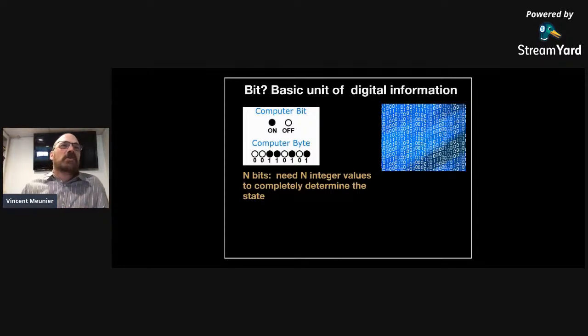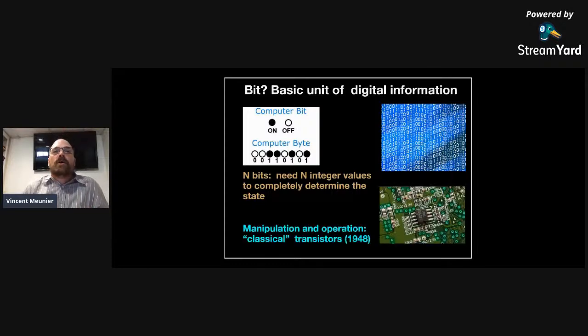In any case, a computer byte is 8 bits, right? And we know a classical bit can either have a 0 or 1. There are no other possibilities. So it's either a 0 or it's a 1. And we can, in fact, encode a lot of information like this, right? So we have 2 times 2 times 2, so basically 2 to the power n possible words that we can use with n bits. Okay, so very good.